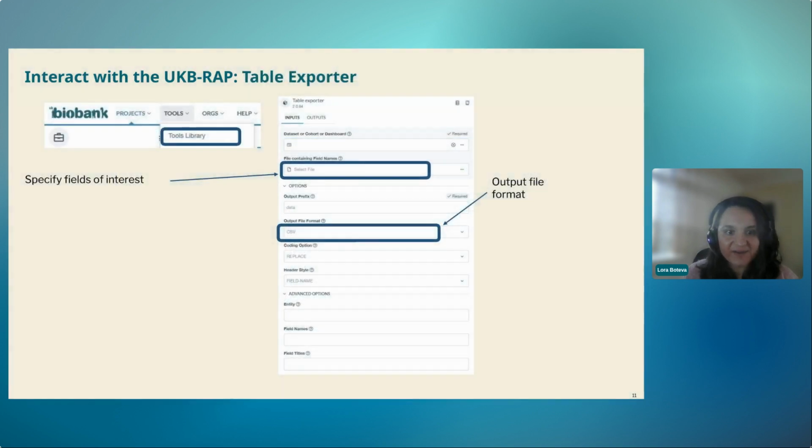The table exporter works at a similar level as well. You can launch it from the tools library within the app. And again, it can be launched in a very visual manner where you specify your fields of interest through a file format or a sort of comma-separated format. You specify your desired output file format, and then you click Run. And then essentially it will extract the data you have requested and upload it to your project area for further